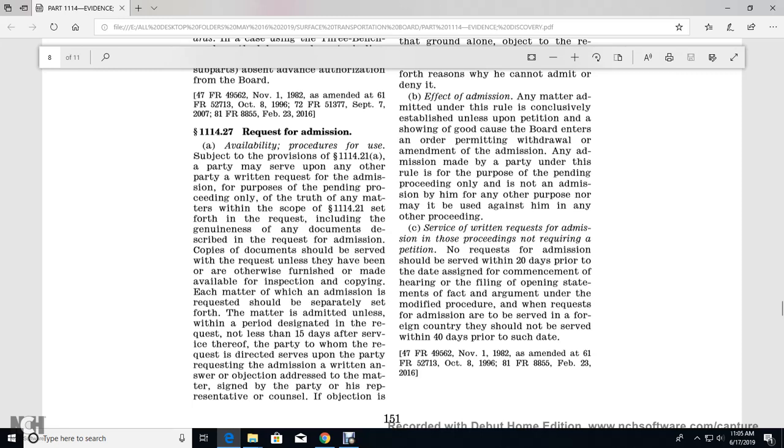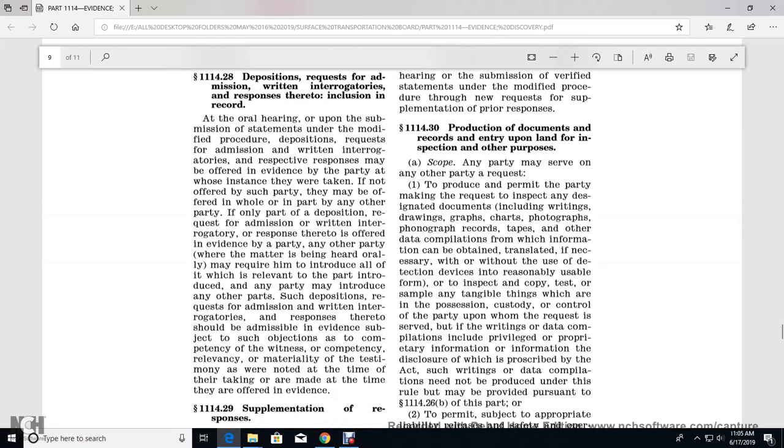Serve the written request for admission with these proceedings, requiring the petition or request for admission to be served within 20 days prior to the day of the commencement of the hearing, the filing and opening of the statements of fact or argument under the modified procedure. A request for admission to be served in a foreign country should not be served within 40 days of such a date. Or 11.14.28, the deposition, request for admission, or written interrogatory and response thereto,